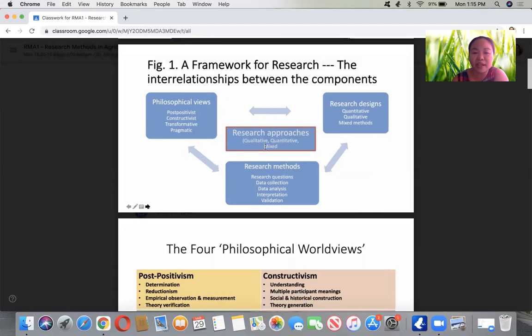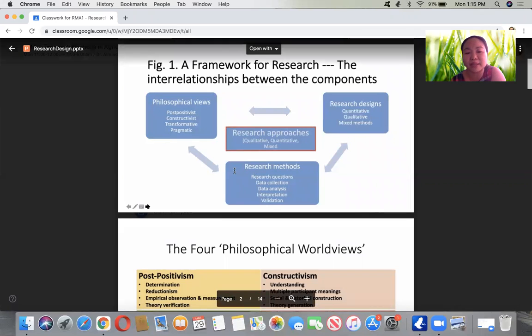These are the research approaches, whether qualitative, quantitative, or mixed. The research designs come with research methods, and then also go back again to